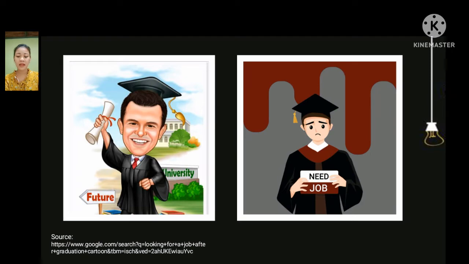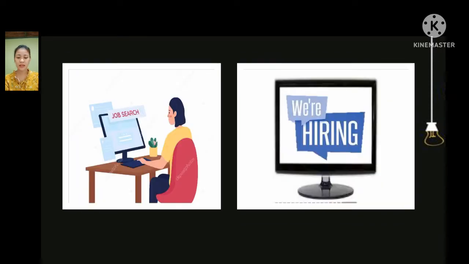Okay, so if you have guessed that a man just graduated from his college education, then you are correct. And in the second picture, if you've guessed that he is in need to find a job, then you are also right. Okay, for the next slide, what have you observed or what can you see? Okay, right, so in the second slide, the person is somehow seeking a job hiring announcement